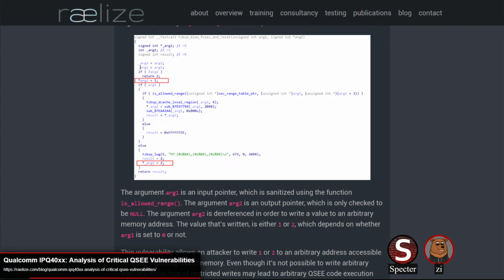And I will say, with a lot of these, the output is expecting an address in the rich environment, where your main operating system is running. This is being used to get some data from the trusted environment out to the rich environment. So it's expecting just a pointer to some memory address. It just doesn't confirm that the memory address you provide as an output buffer is actually part of the rich execution environment's memory, so you can just point it into the trusted execution environment's memory and have your arbitrary write within there.